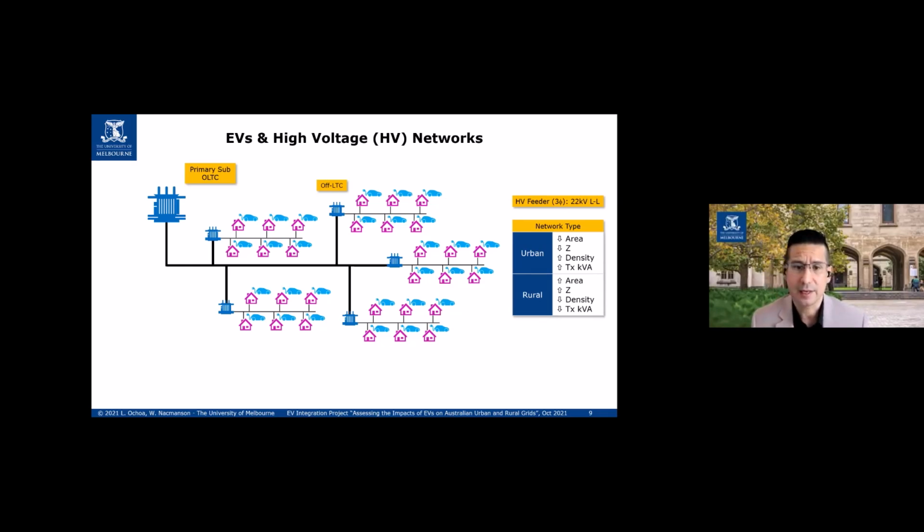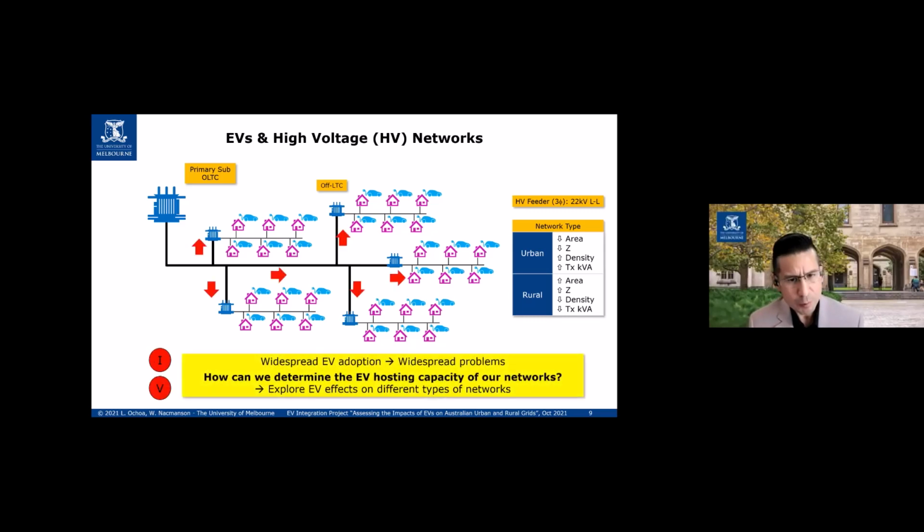An urban network will be a smaller area, with a high density of houses, of course, as you would expect. That also means that the impedances, generally speaking, are going to be smaller compared to the rural areas that are much larger, and therefore you have much longer conductors and therefore higher impedances. This also means that in urban areas, you have distribution transformers that are much bigger because they supply power to many houses simultaneously. And in rural areas, because there's less density, you have smaller transformers and they supply power to fewer houses per transformer. So all these differences mean that we need to capture them in our analysis because any conclusions that we might draw for urban networks might not apply to rural networks.